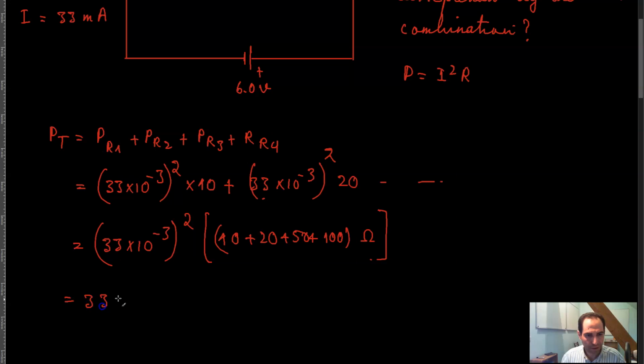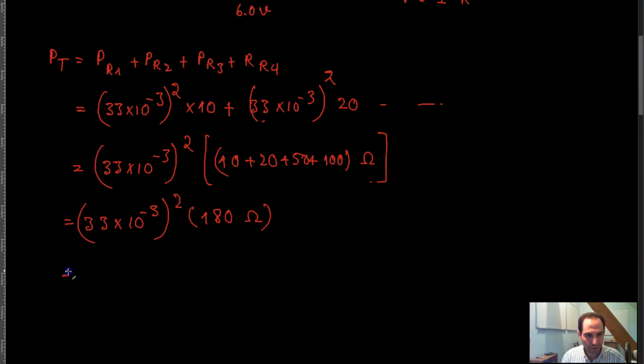That's the same thing as 33 times 10 raised to the power negative 3, whole squared, times 180 ohms. 33 squared is equal to 1089, times 10 raised to the power negative 6, times 180,